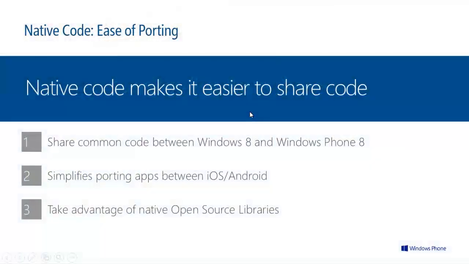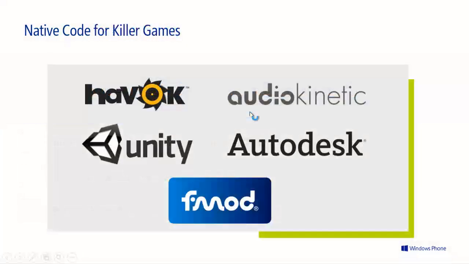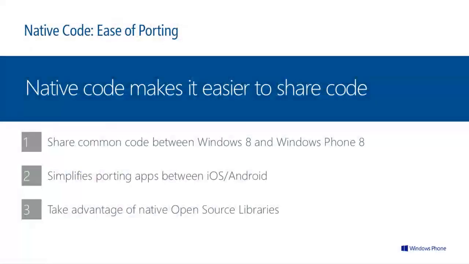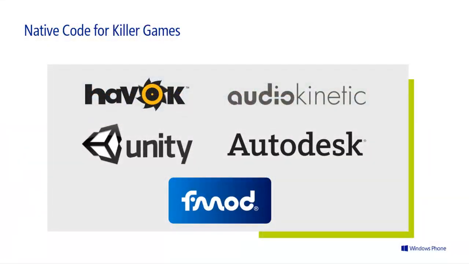In Windows Phone 8, we added native code. I talked about this. This enabled a number of different middleware providers, like Unity, the big one here. Havok is huge on the console. Autodesk is another huge one on the console. There's more, though. We also announced Marmalade. There's also Cordova, the HTML framework. Name's escaping me right now. PhoneGap, yes, please. Yeah, I remember the new name that they're not using.